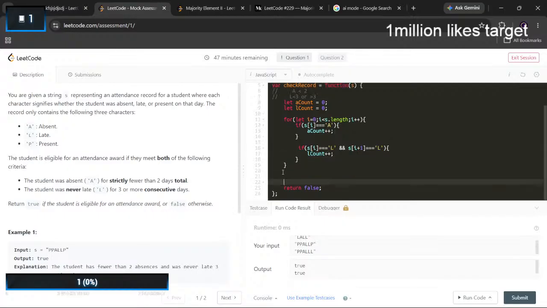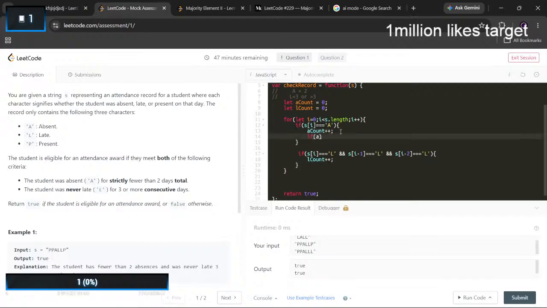Instead of comparing it here, you can compare it by sides. Three consecutive sides. If my A count is already open for